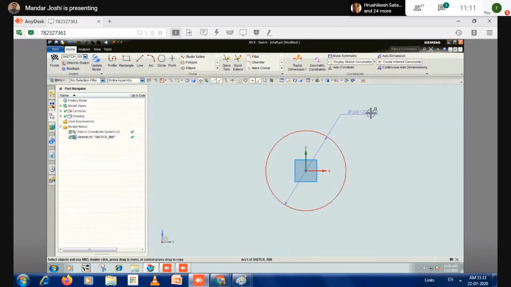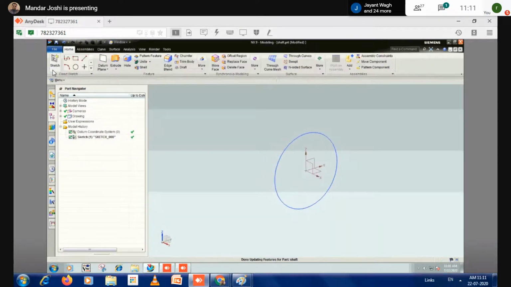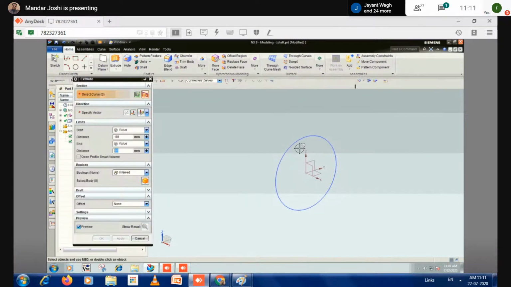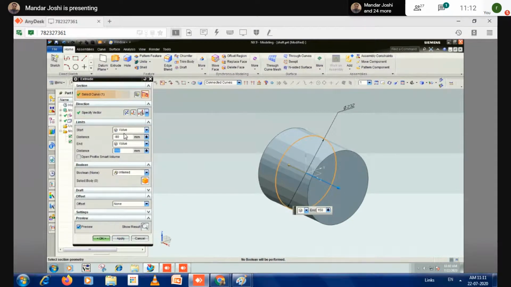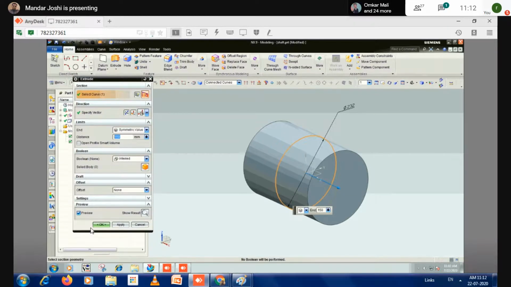Close. It shows 232. Correct. So finish this. Add a material to it. 150 length. Symmetrically. OK.